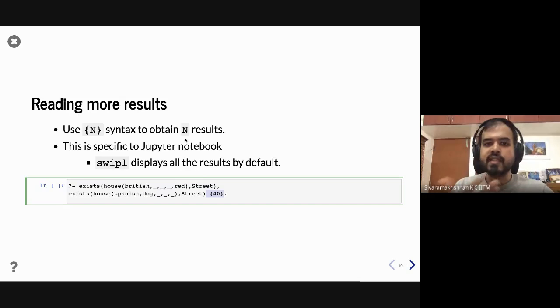If the number of results is less than n, it just prints up to those results and stops. If it is more than n, it prints n results and stops. I should say that this is specific to the Jupyter notebooks, right? As we saw earlier, the interpreter prints one result and waits for your input. You have to press semicolon to get it to print more